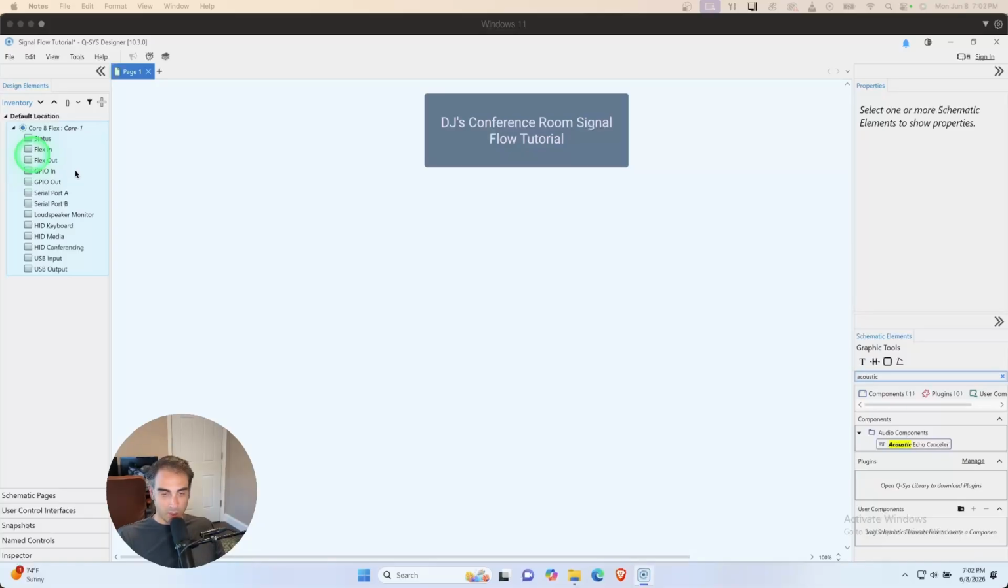I encourage you to go familiarize yourself with the product line. There's the Core 110F, Core 24s, and then they go all the way up to Dell server-based Core 610s, with lots of AEC and huge amounts of processing for campus-wide deployments, things like that. But for now, we're going to drop in a small Core 8 Flex